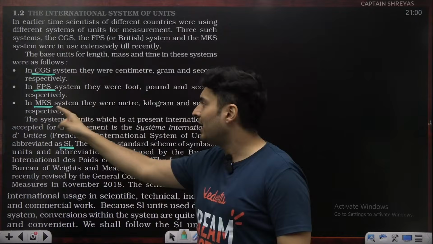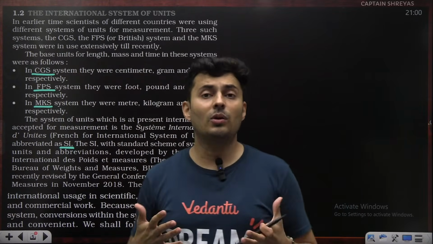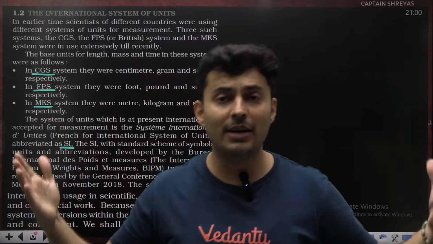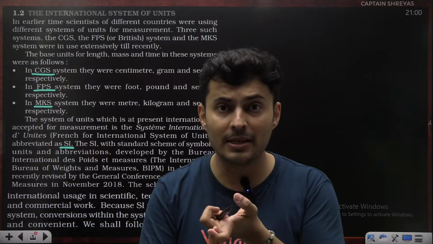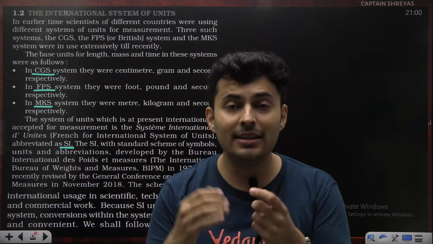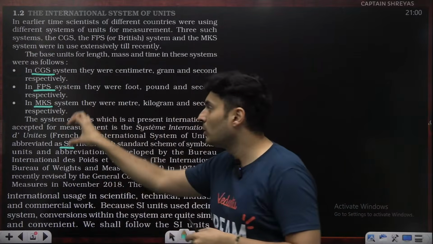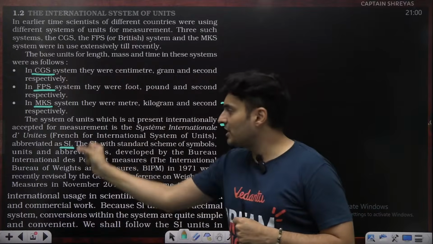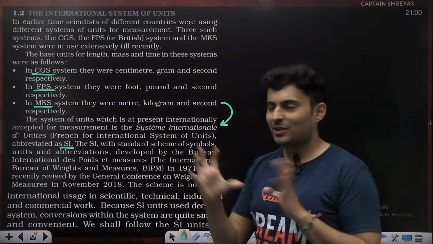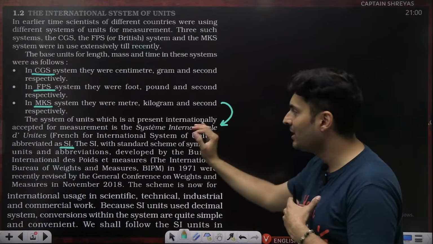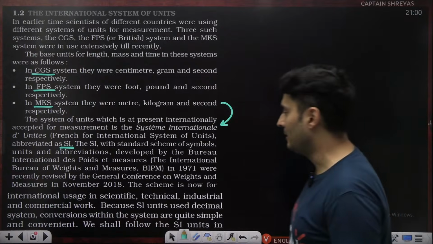See, in MKS only length was in meters, mass was in kilograms, and time was in seconds. But later on, scientists understood that there are more fundamental quantities like amount of a substance, light intensity, and temperature. All these were also considered fundamental. They were later added into the MKS system, which right now is called the SI system. So the modified version of the MKS system is basically the SI system. I hope this is very, very clear.